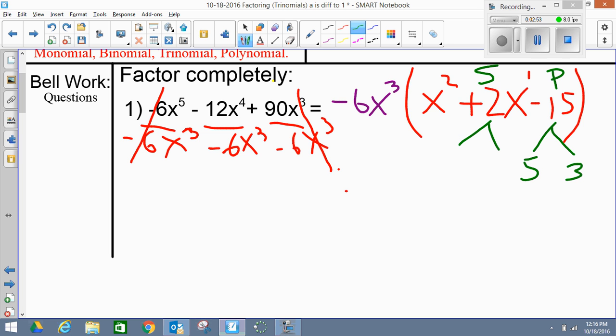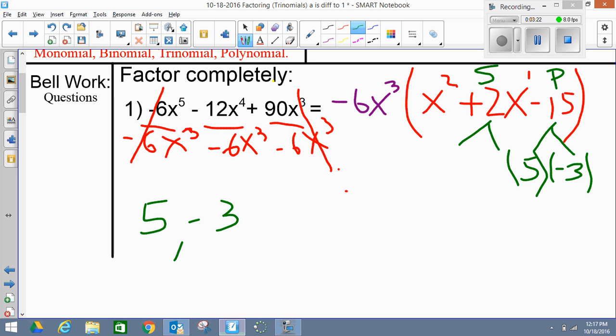5 times 3 is 15, but I need a -15. So one of them has to be negative. To find out which one is the 5 and 3, I check my sum. And you see that the sum is +2. So that means my bigger number has to be positive, the smaller number has to be negative. So my numbers are 5 and -3. Now once I have my numbers, 5 and -3, let's write it down here on the side